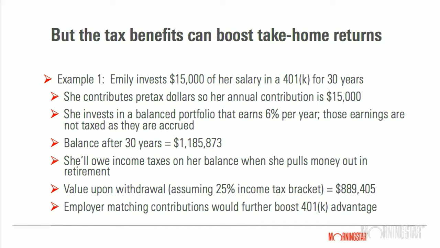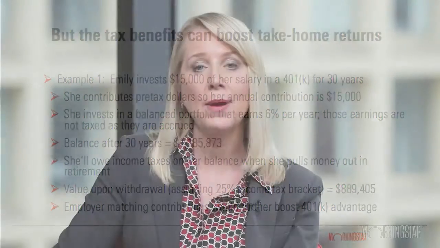So Emily, the assiduous saver within the 401k plan, has managed to amass about $1.19 million over that 30-year period, assuming a 6% return on her portfolio. She does take a haircut, as I said, when she begins to withdraw the money in retirement. So her in-retirement withdrawals, assuming a 25% income tax bracket, would shrivel to about $890,000. So that illustrates the virtue of investing inside of a tax-sheltered wrapper. In particular, she's getting that big benefit of being able to put in those pre-tax contributions and enjoying that tax-deferred